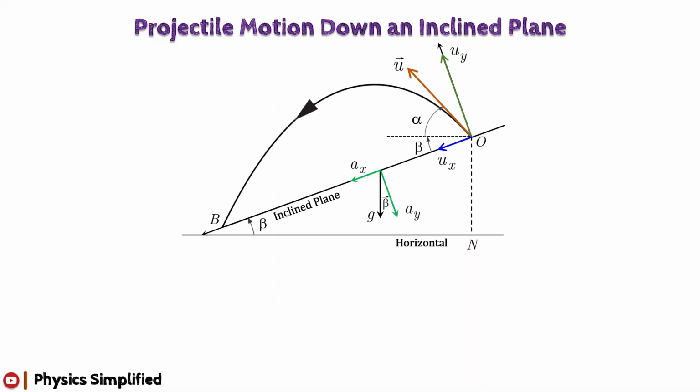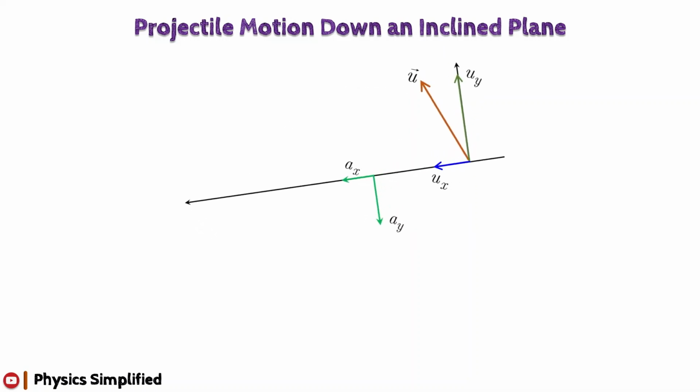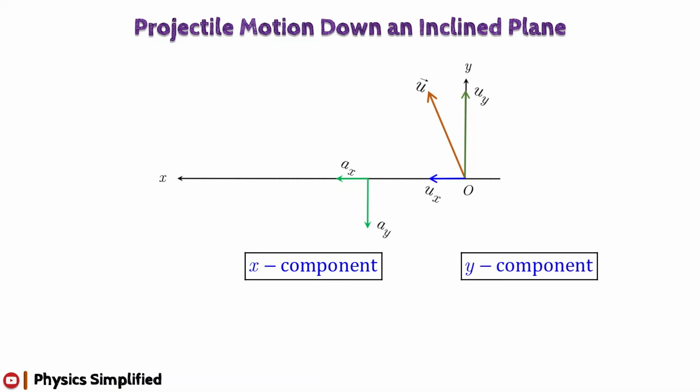Before finding the x and y components of the initial velocity and acceleration with proper sign, let us make the current topic more familiar with our previous knowledge of projectile motion. To do this, first we rotate our new coordinate system, such that our new x and y axes look like this. This new temporary orientation will help us to determine the x and y components of initial velocity and acceleration